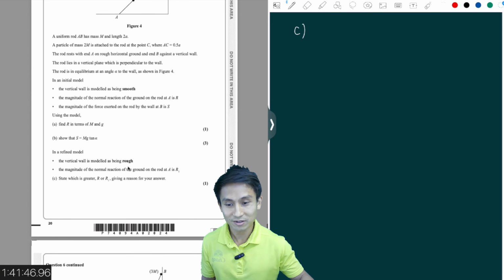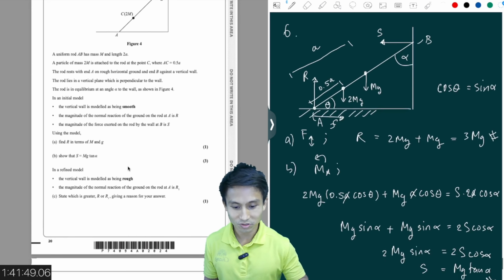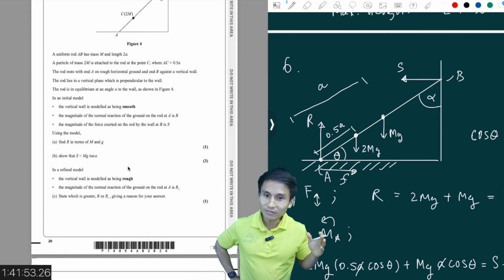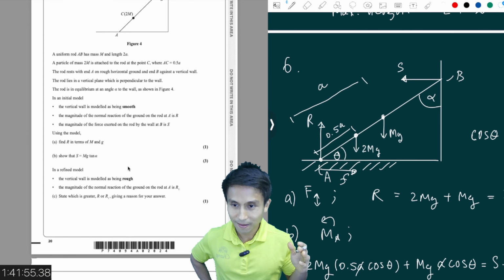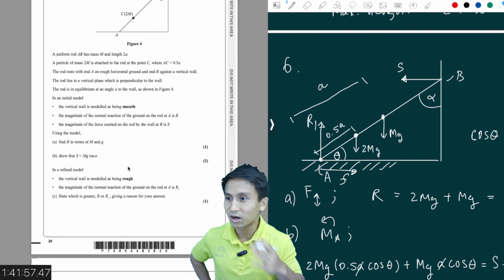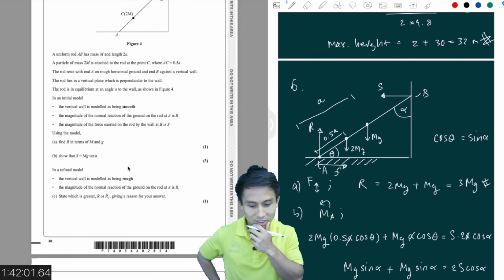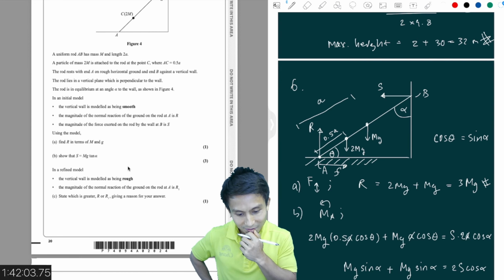State which is greater, R or R1. All right, so we're just going to use this diagram here. Now, because there is a friction now, R1 is just the same R, but it's just for the case where there is a friction on the wall. So friction on the wall would likely act